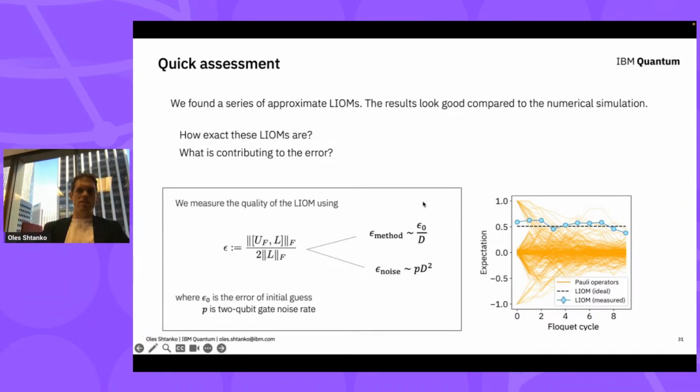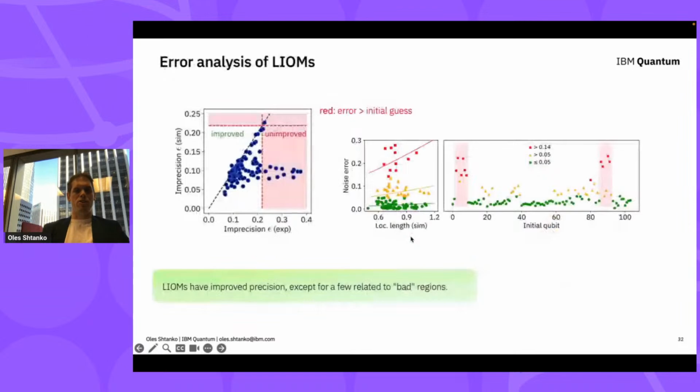If you take these errors together, you can easily find that there is an optimal depth for which you minimize the sum. This depth is around 10 Floquet cycles, and that is more or less precisely what we do in the experiment. So we cannot go deeper, and you have to deal with both types of errors. Now let's try to see which one is which in our experiment.